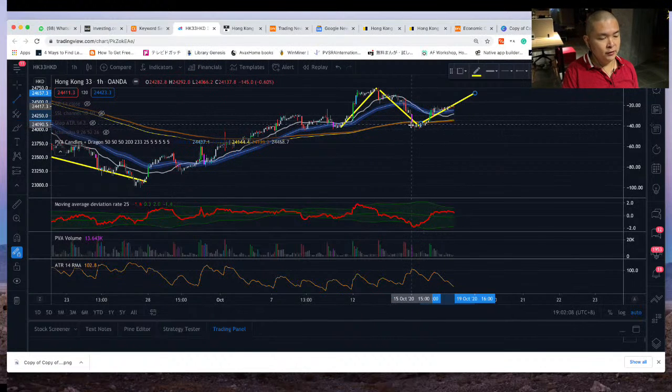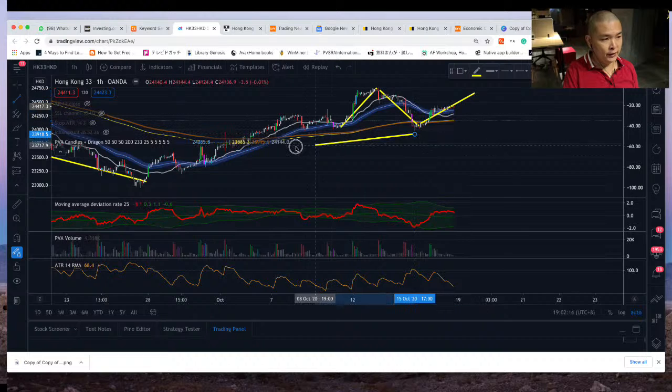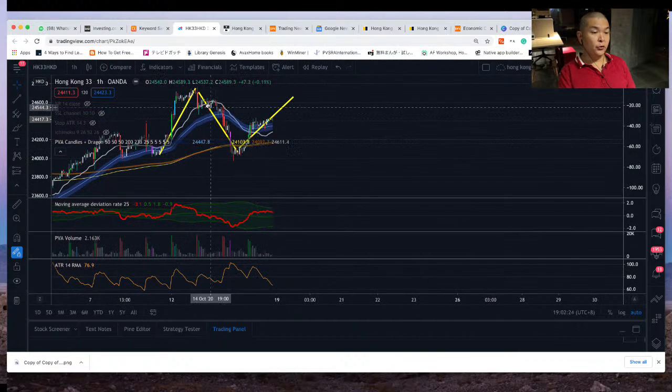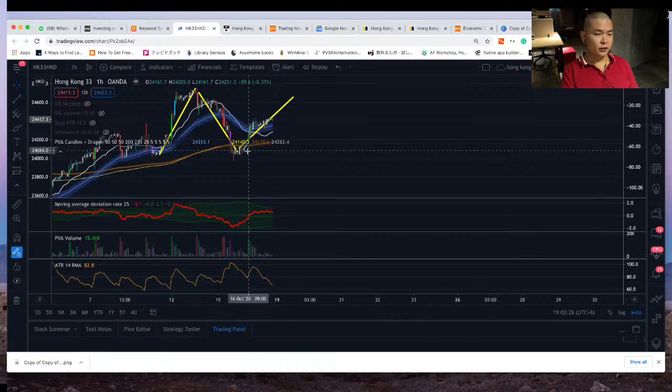What happened here was accumulation just below this point, and after that we expect, whoops, let me get rid of this. So after that, we expect that it's going to continue to follow this trend and make another huge bullish move, like a bullish rally to the upside, okay? This is more likely to happen.